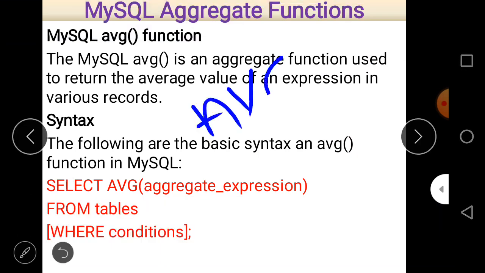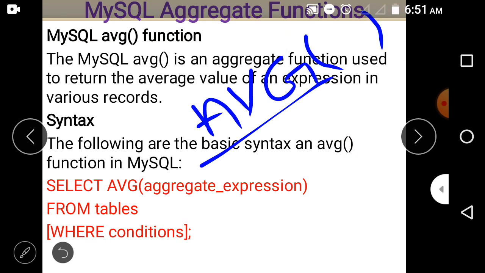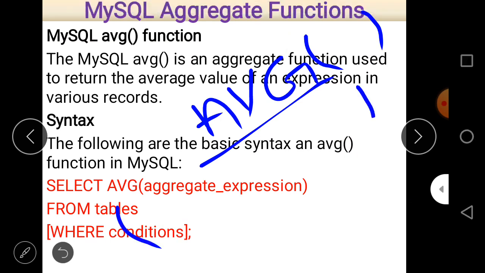Always AVG. Don't try to write the full name. Just write AVG to calculate average, and that is the representation of a function, followed by parentheses, and within those parentheses always give a value on which you want to perform the operation, such as an aggregate expression here.